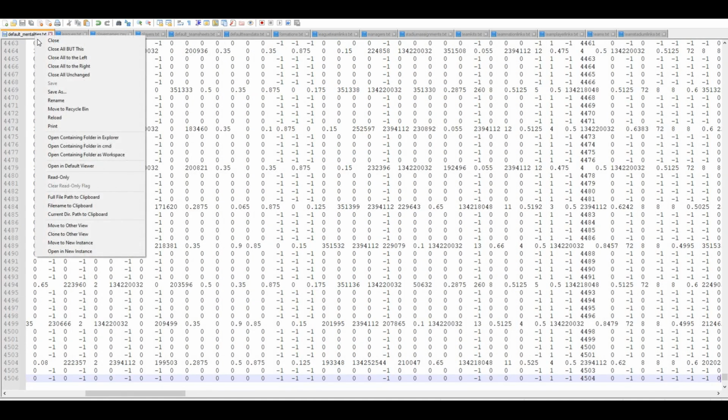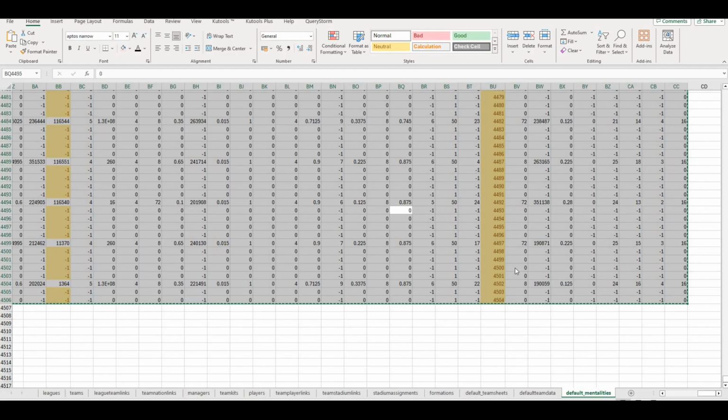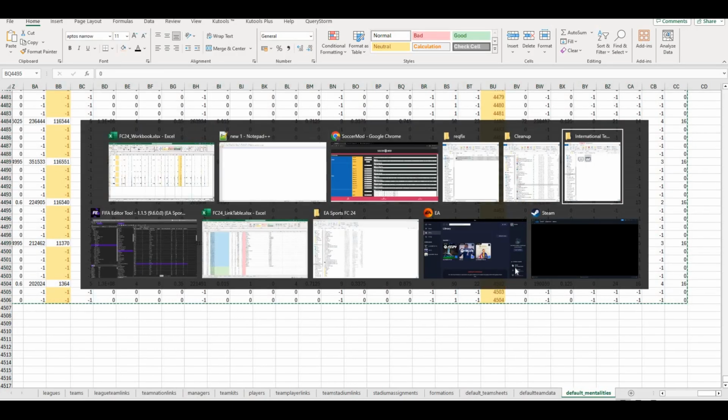Okay, so what you can do afterwards is close all. So click on close all but this, for example, and then close that. Make sure that everything's saved, because it'll pop up with a "do you want to save this file?" if you have made a change and have forgotten to save it. Go back to the FIFA editor tool,